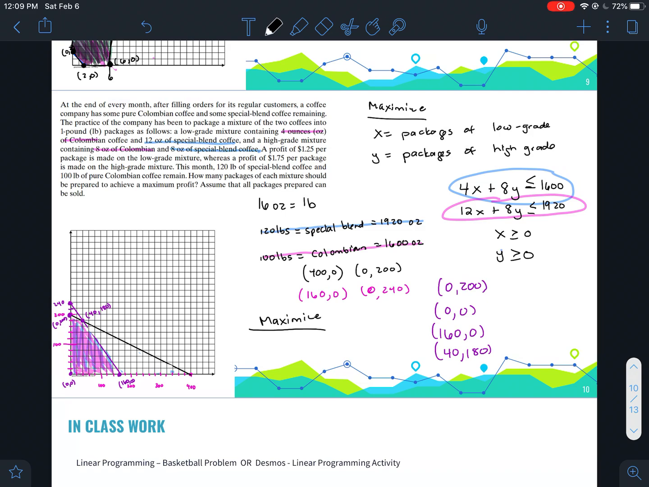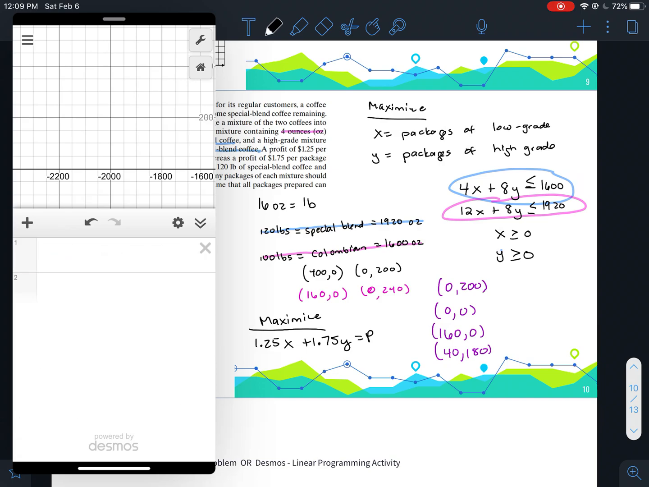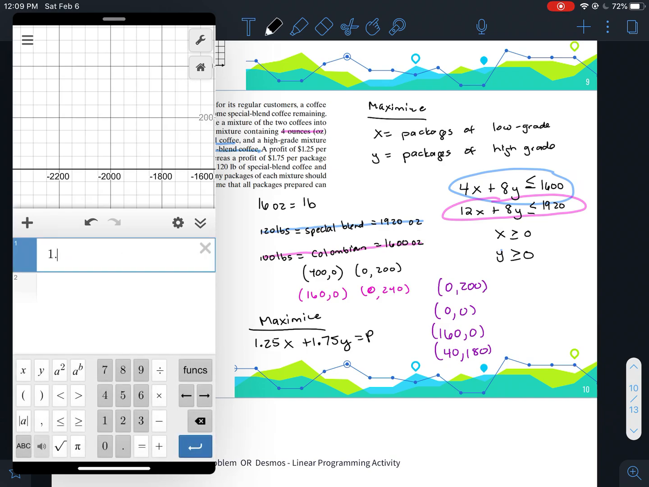So the equation that we are trying to maximize, we make $1.25 for all of the low-grade mixtures, and we make $1.75 for all of the high-grade mixtures. So that's what we are trying to maximize. So we're trying to maximize the profit off of that. So if I plugged in 0, 200, so we have 0.125 times x, so 0, plus 0.175 times y, which